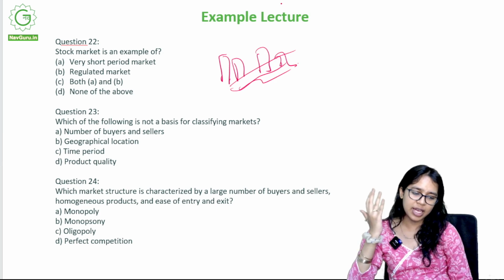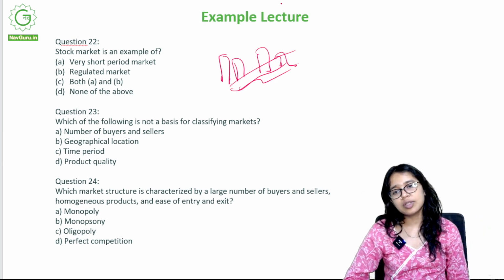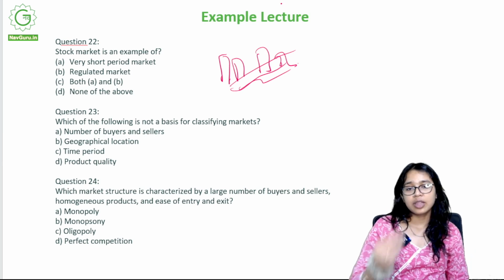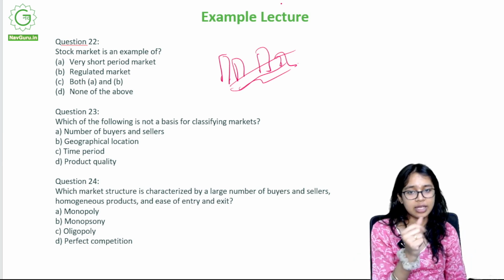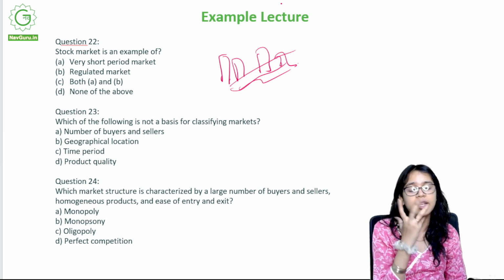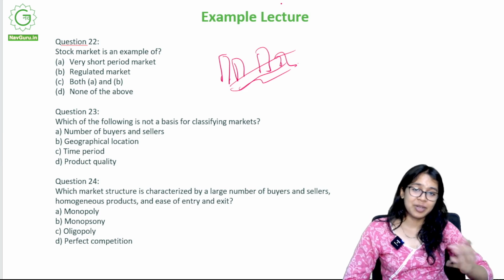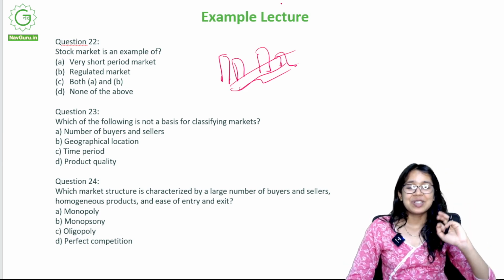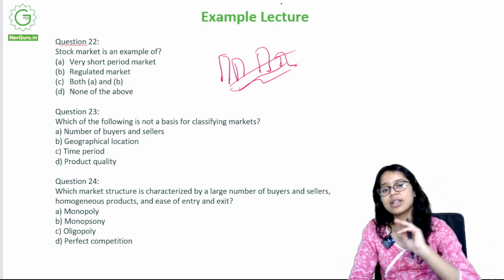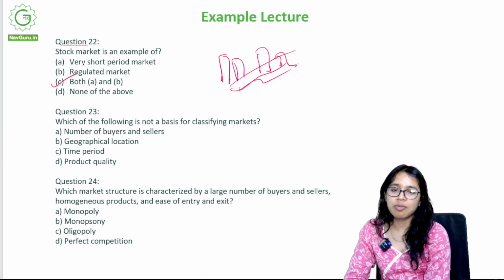It's people betting on stocks, people putting their money on stocks, people earning from that, people losing money from that in the blink of an eye. You could either become a millionaire or you lose all the money that you've put out there, or be a millionaire for a very small period of time. So what is this an example of? And it is regulated, it is obviously maintained. So the stock market is an example of a very short period market and also a regulated market.